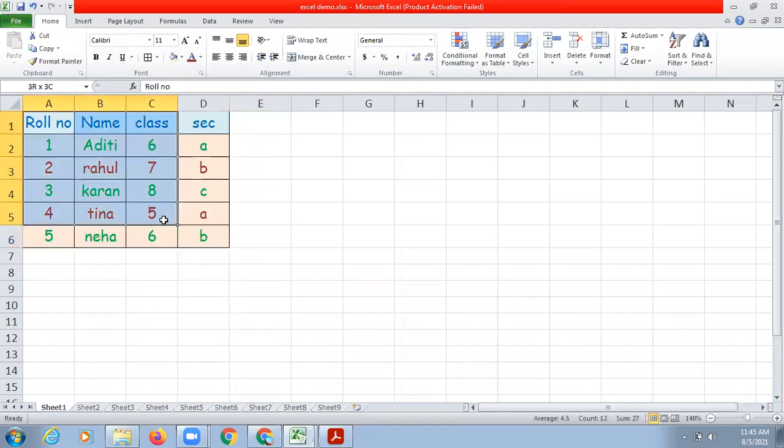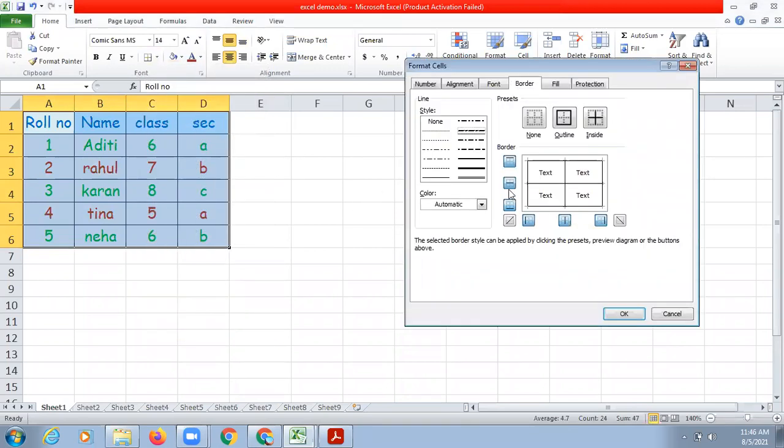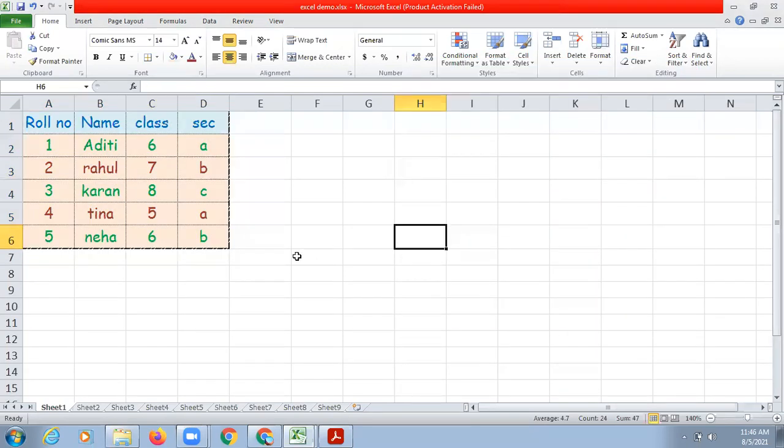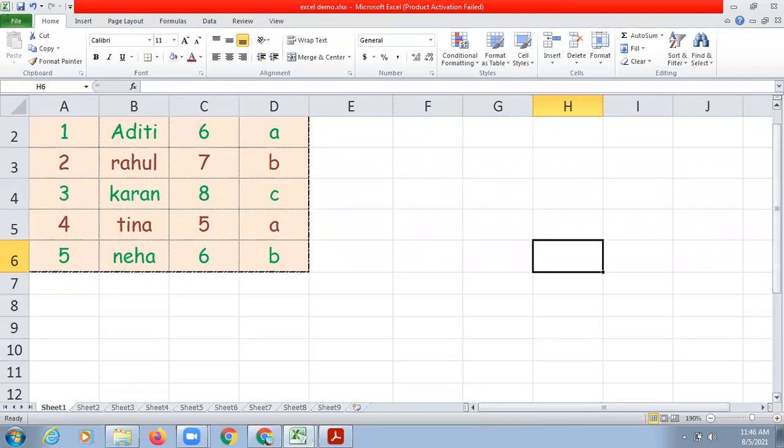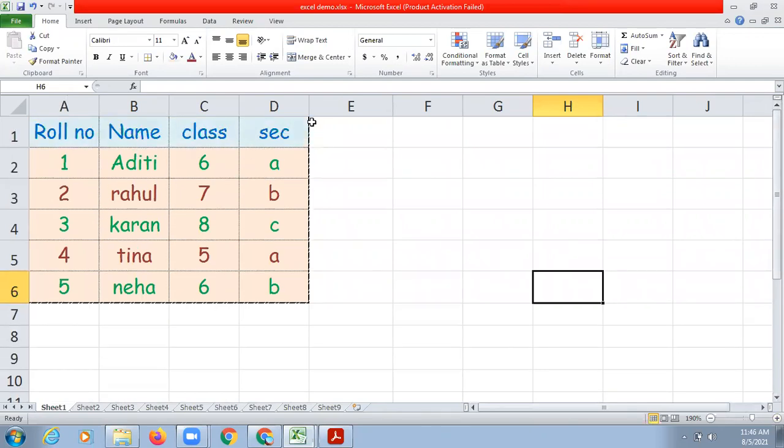Now let's say I wanted to give some different types of border, maybe the dotted border. So you will go to this option, borders option, go to more borders. Now you can choose different designs of borders. Let's say for the outer boundary, I wanted to give this type of border. And for the inner cells, I wanted to use this border. Okay, let's check now how it is looking. This is how it is coming. So we have two different types of stylish borders.